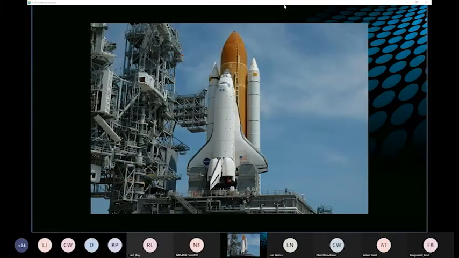This is showing the space shuttle on the launch pad. This is where I actually wrote my first LabVIEW program. And to date myself a little bit, that was done using LabVIEW version 3. And after that, I fell in love with LabVIEW, and I liked it so much that I became certified as